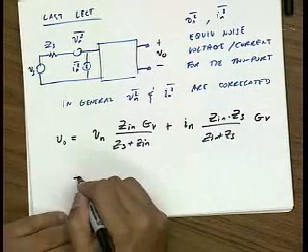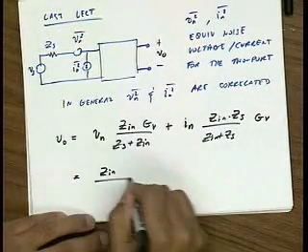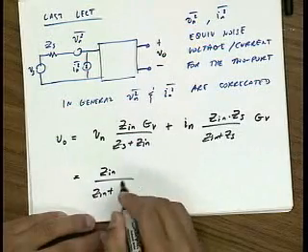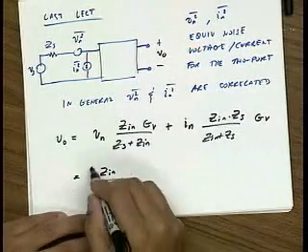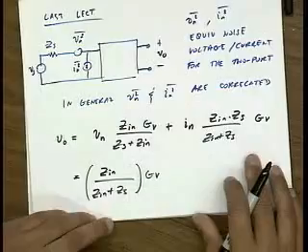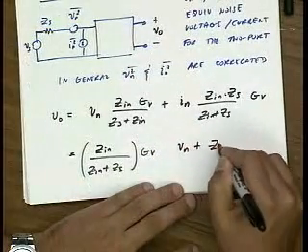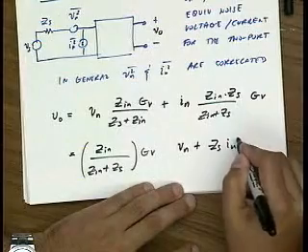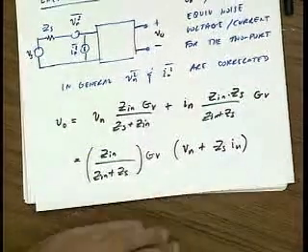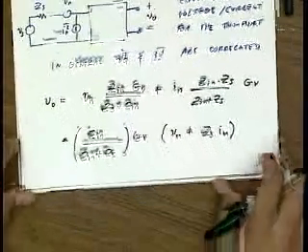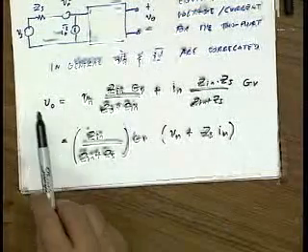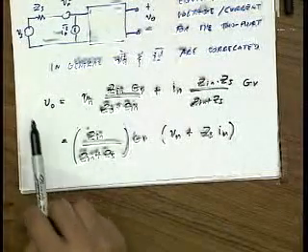So if I group terms here, you can see there's this common factor, Zn over Zn plus Zs. GV is also in common. And then I have Vn plus Zs In. Okay? Now last lecture we did the same exact calculation, but when we calculated the RMS value of the output